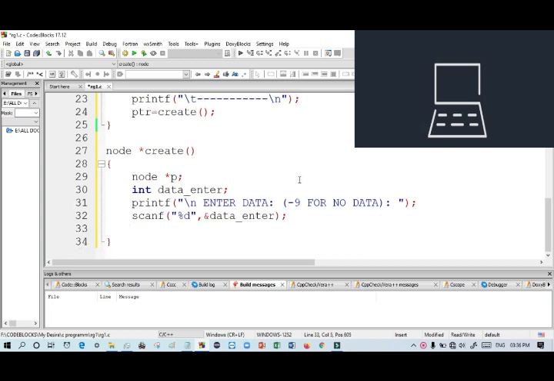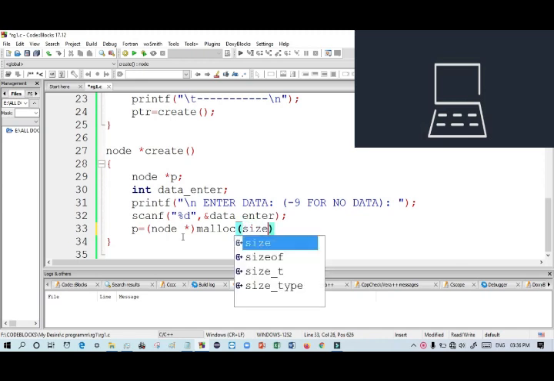Now, after taking data from the user, we have to store it. Then we have to use dynamic memory allocation, which means malloc. Then p equals malloc, and because we have declared it as node star type, it must be node star malloc, and sizeof node type.